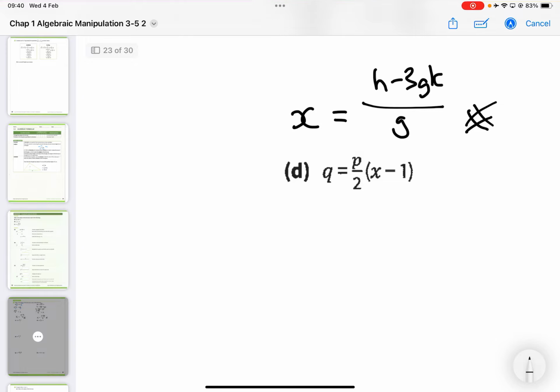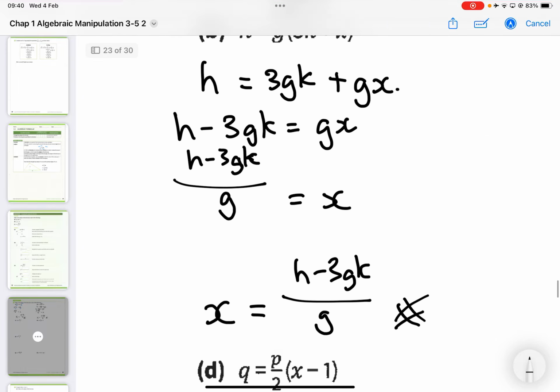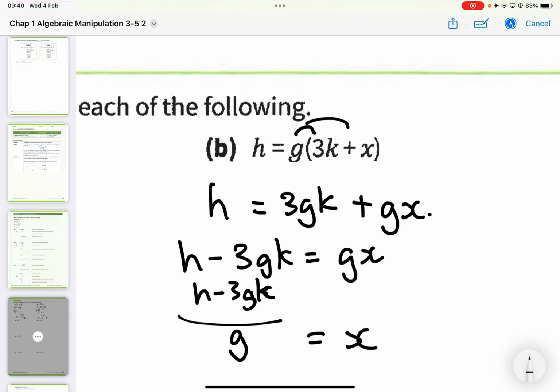Huh? Do it again. Why? Don't understand which part? Expansion. Oh, why did it become like that? Because? Oh, wait, no. This one I know. But then